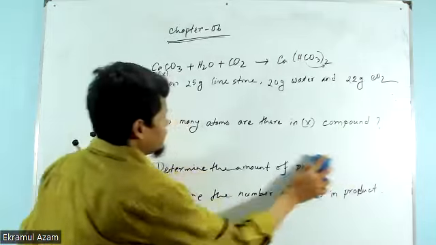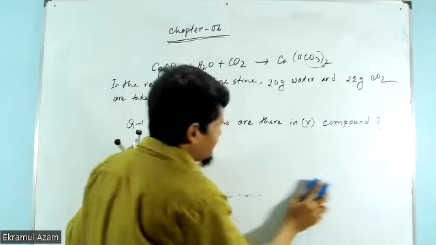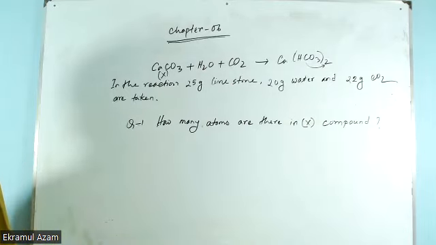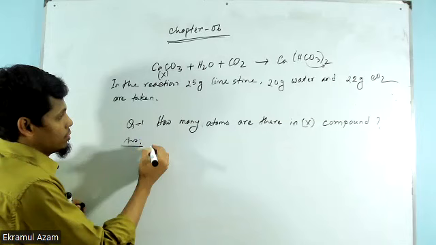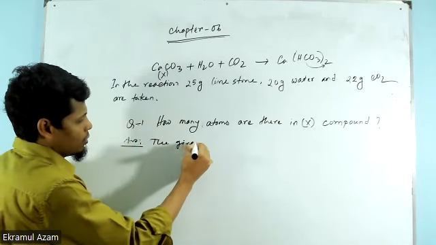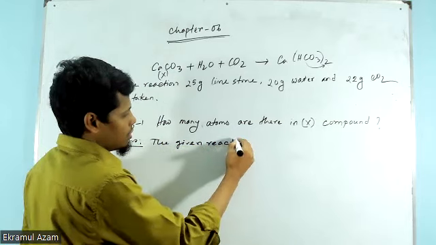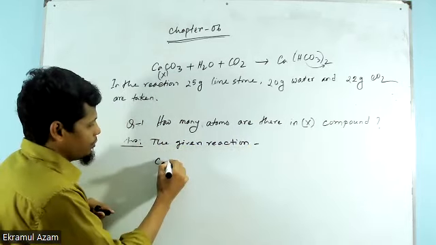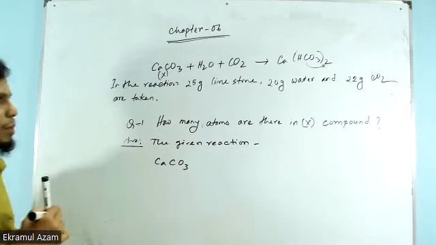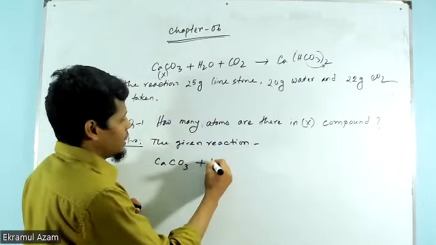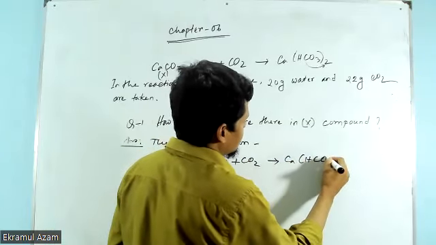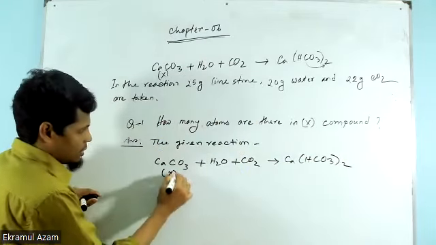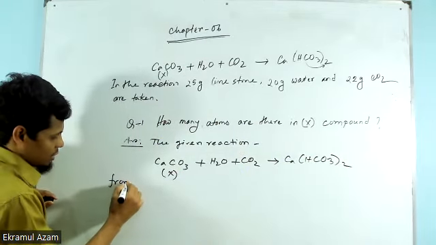Number 1 question: how many atoms are there in X compound? That means you have to determine the number of atoms in calcium carbonate. Answer: the given reaction, calcium carbonate. At first you should write the reaction and complete it. So calcium carbonate plus water plus carbon dioxide equals calcium hydrogen carbonate, here X. From the reaction